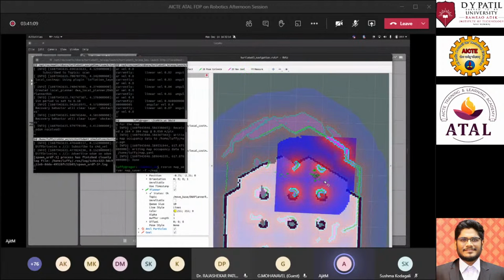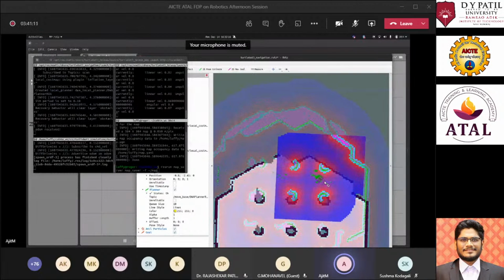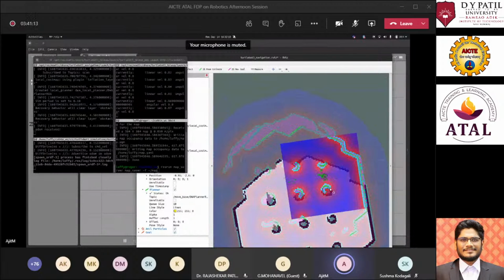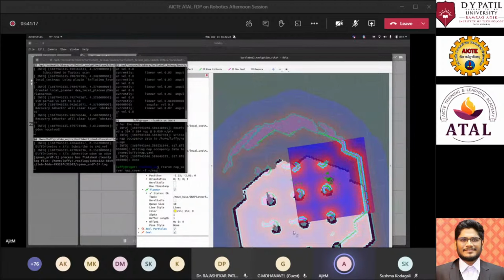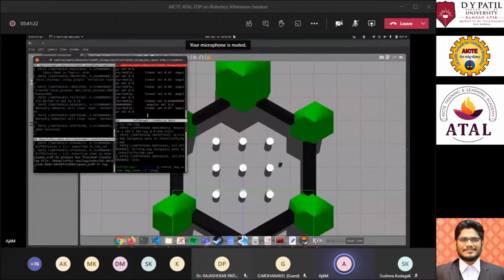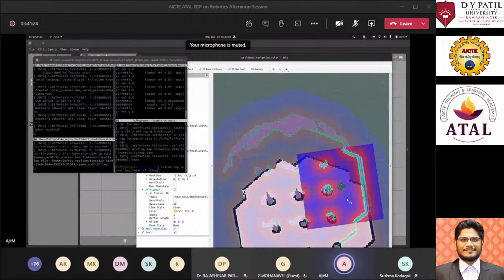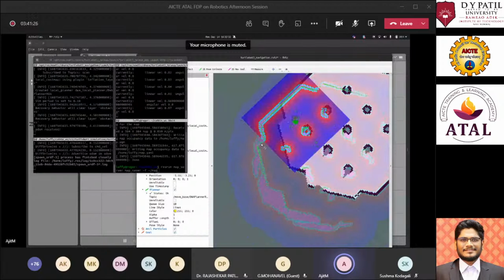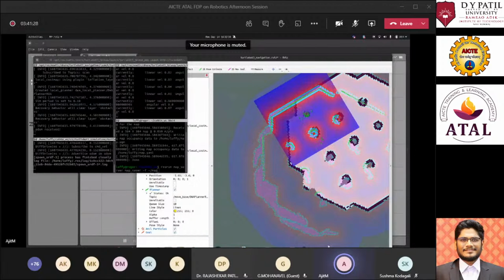Now you can see the green arrow cloud is getting closer and closer together, and it is trying to localize. It is still relying on data. Yeah, now it has a better hypothesis compared to the last few seconds.